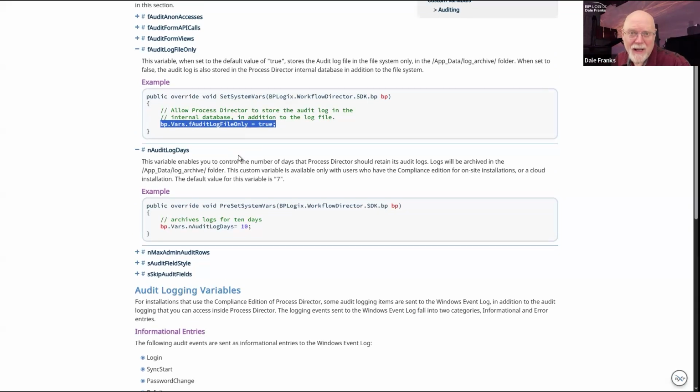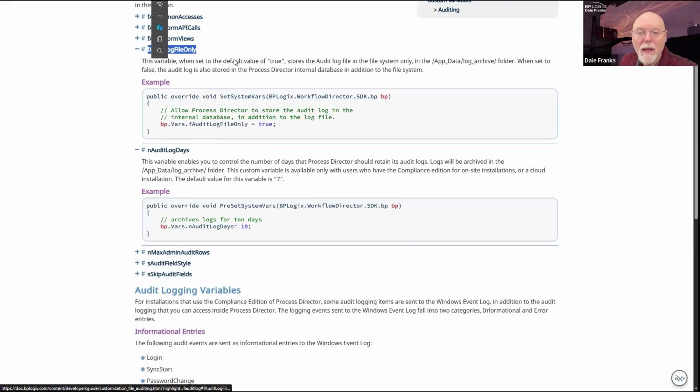Considering that table form data may have millions and millions of rows? Probably not. But on the other hand, there's no reason to have these log files sticking around for 6 months either. I think probably 15 to maybe a max of 30 days is a reasonable amount to store these log files. By default, if you turn off audit log file only, the default is 7 days. So by default, we'll keep the last week of audit log files.